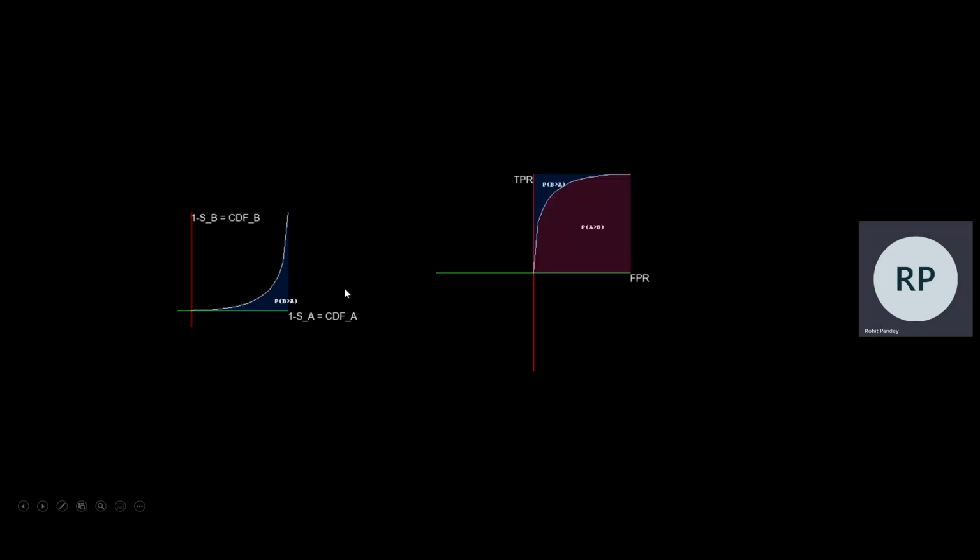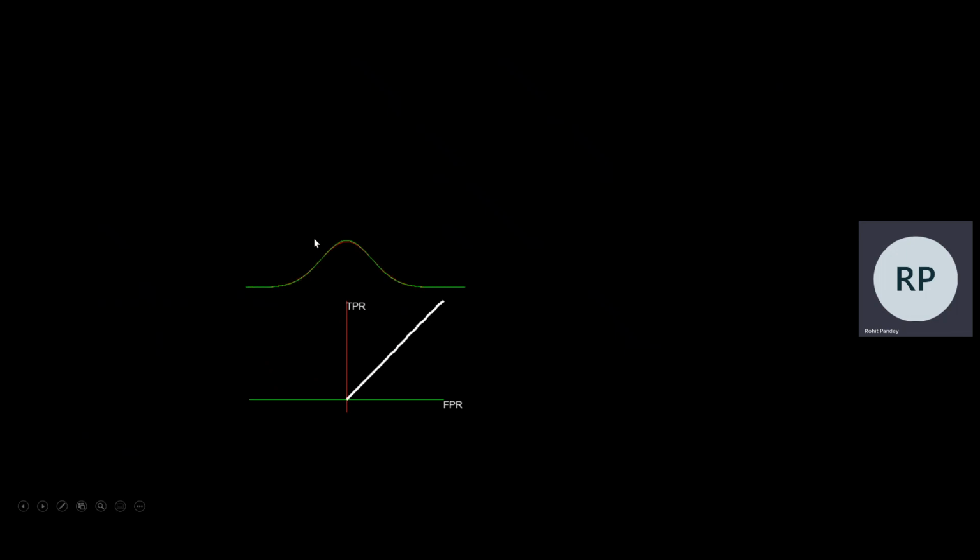And if you compare it with the earlier plot we had, you can see that this blue area here is the same as this blue area for the original strategy. And both of these areas are the probability that B is greater than A. And this actually proves that the AUROC can never be 0.5 for a strategy you cannot improve by flipping, because you can just flip the strategy, right? Because the AUROCs for the two strategies sum to 1. And if, let's say, you have an AUROC of 0.4, you can just flip the strategy and get an AUROC of 1 minus 0.4, which is 0.6, right? And this completes the proof.